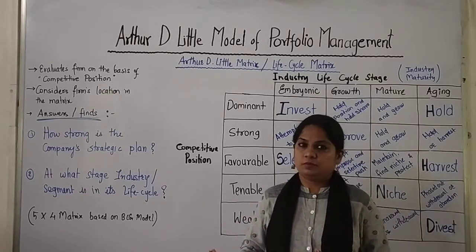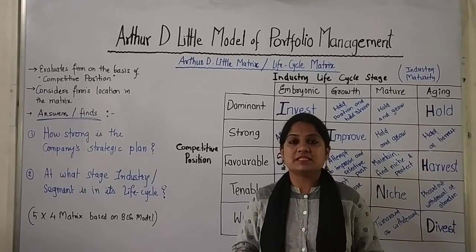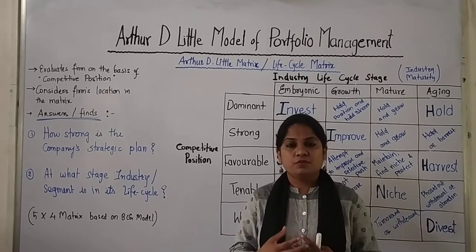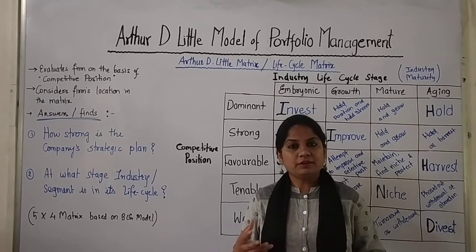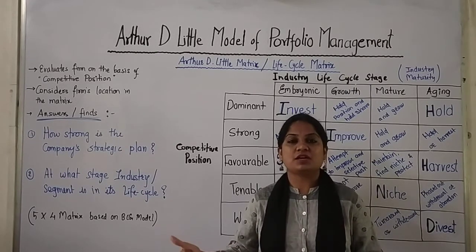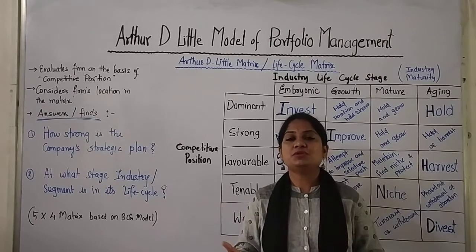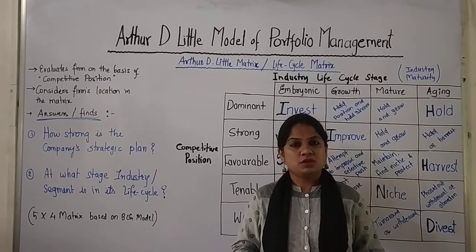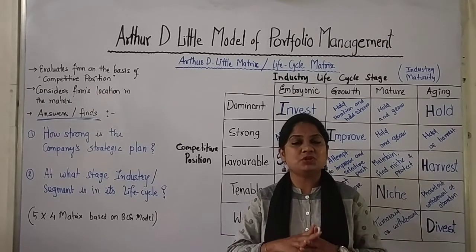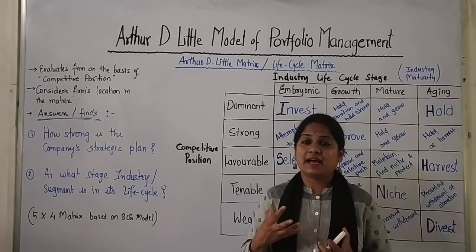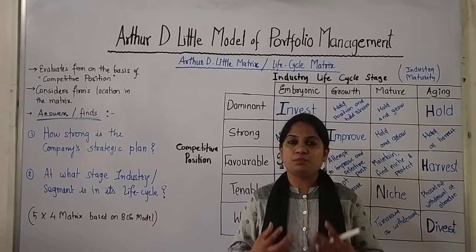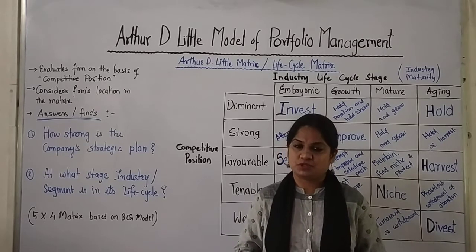Another foundation of this matrix is the product life cycle. So we have seen the life cycle matrix, which talks about how every product undergoes 4 different stages, and those are introduction, growth, maturity and decline. So every product goes through these situations, and maturity is the stage which is highly aimed at, and every organization tries to be there as long as possible.